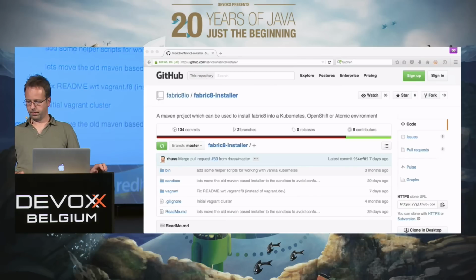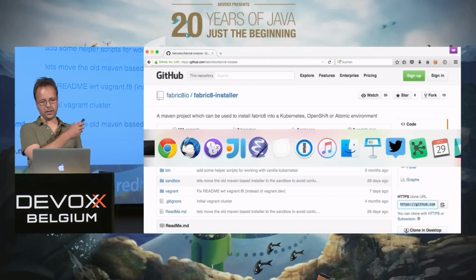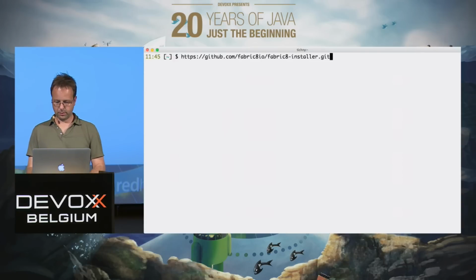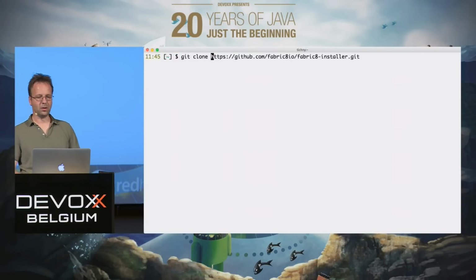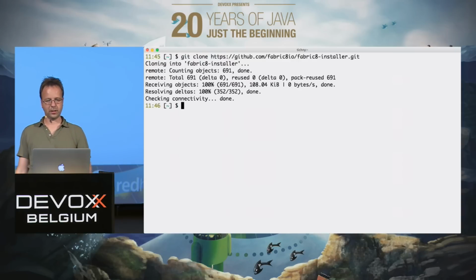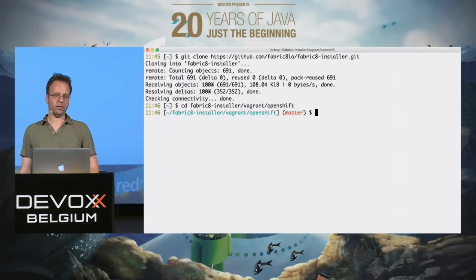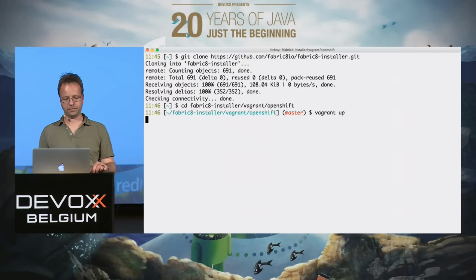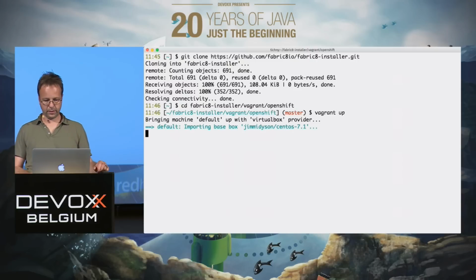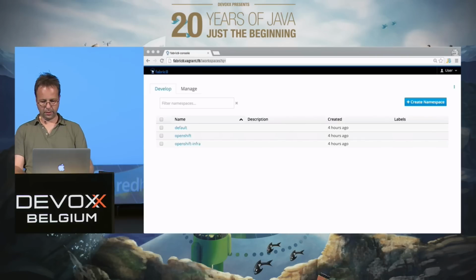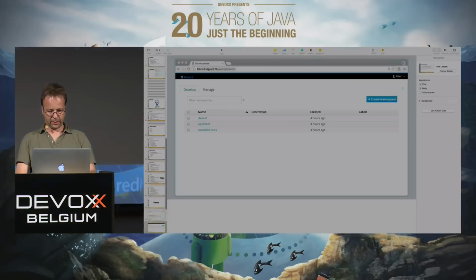What I have here now, because this takes more than 10 minutes, is a short screencast. This is the canonical site for getting, so it was a little bit fast, for getting this fabric8 installer. This is this Vagrant file, which I just mentioned. You simply clone the repository, and then simply do a vagrant up, and you're done after 10 minutes or so. Okay, so this we will skip here. Next, there's also a video, but I hope that I can show it to you live.